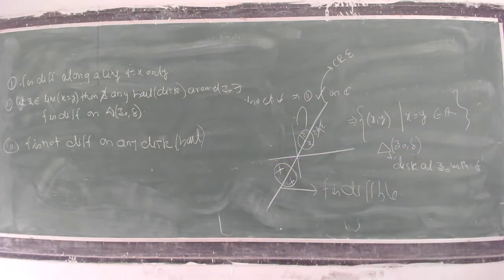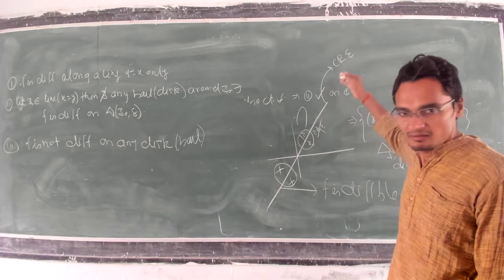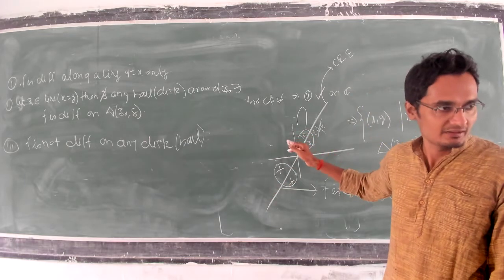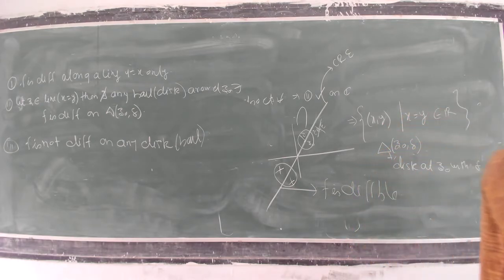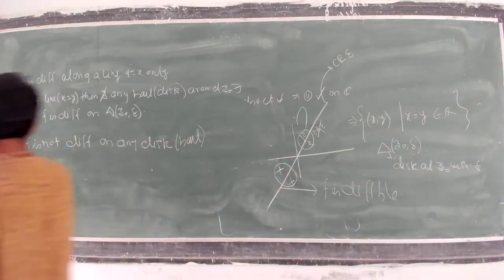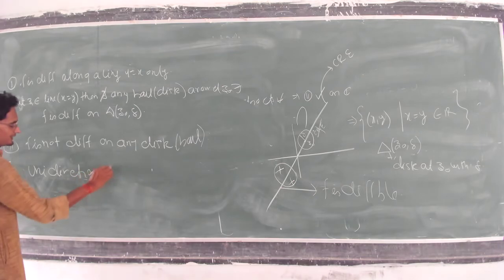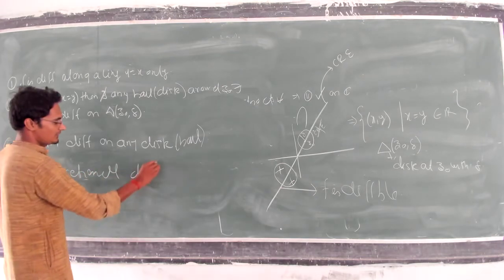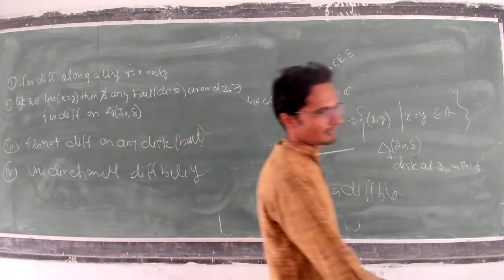Okay. You tell me, this is a line. So what is the freedom? One dimension, right? We have only one dimension. So this function is differentiable and the dimension of the differentiability of the function is 1. So we can conclude unidirectional differentiability, right?